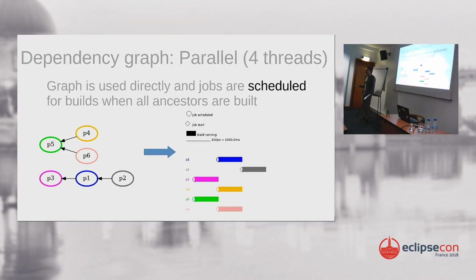When you have parallel work, you actually don't need a sequence, and you do need the graph. So instead of using the usual topological sort, we use the graph directly, and we schedule the jobs and the builds according to the graph. The first ones would be P5 and P3, which don't have any reference. They will build first, and you see they're scheduled first. Once those are complete, we look at the subgraph removing those 2 ones, and we start P4, P6, P1, which are ready because their ancestors are built. It starts a new row, and they're scheduled and so on. So it's basically using the graph to decide when we schedule the build jobs instead of relying on a sequence.